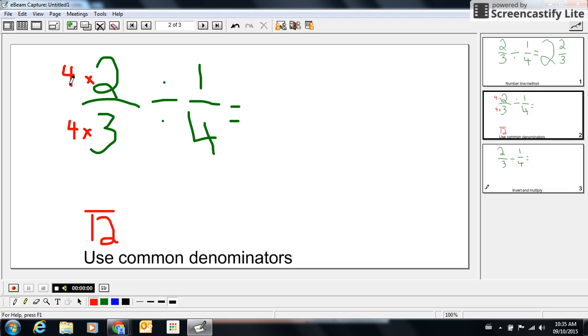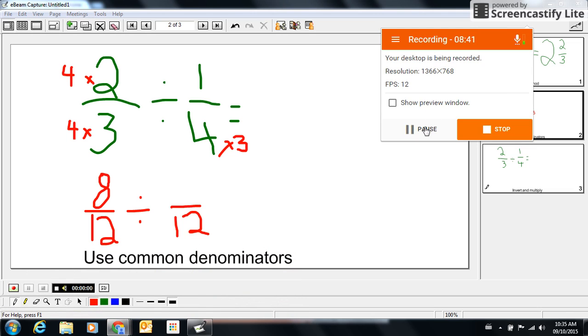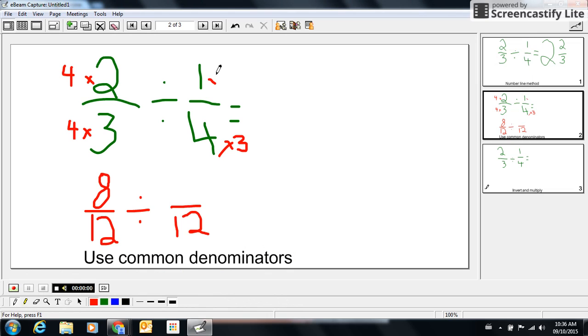So if I multiply the bottom by 4, in this case, I multiply that fraction by 4 at the top. 4 times 2 is 8. Perfect. Put my little divide by here. Now, let's change our 4 to a 12. Well, how do I change the 4 to a 12 on this side? I simply multiply 4 by 3. And whatever I do to the bottom, I must do to the top. All right, so 4 times 3 is 12. I multiply the top by 3, and that becomes